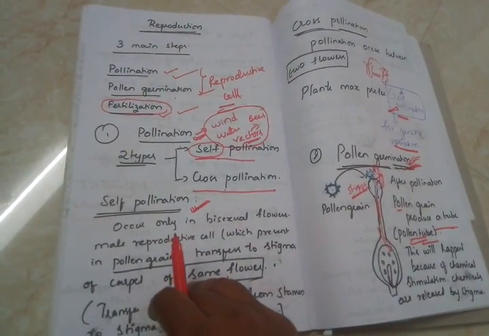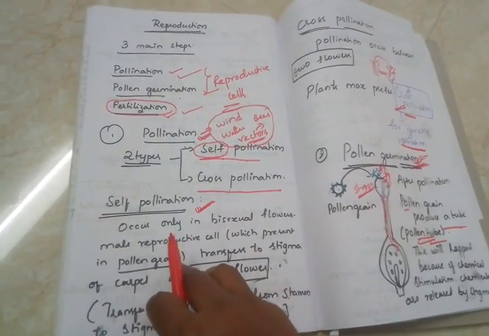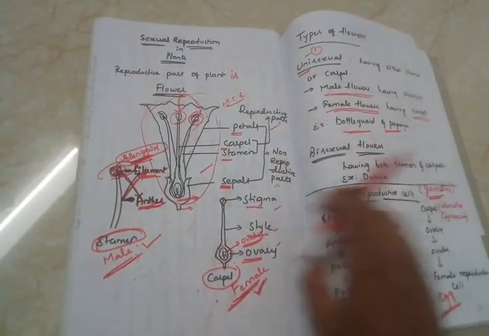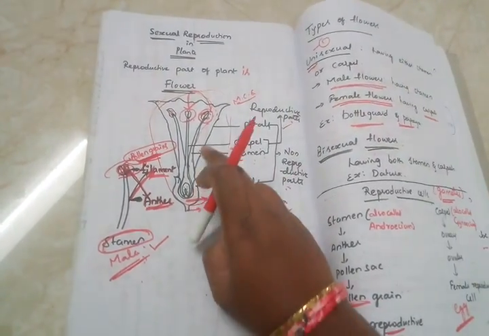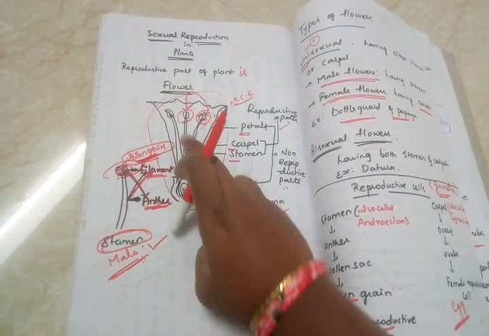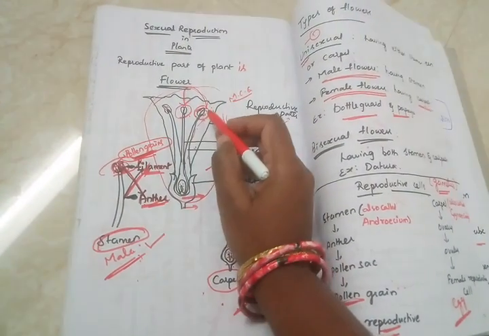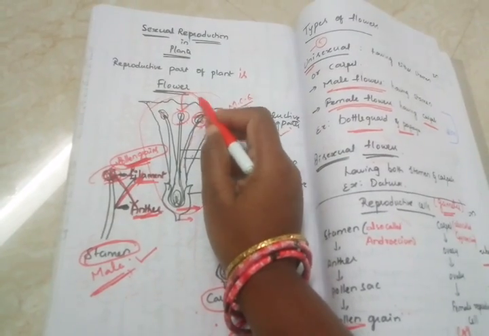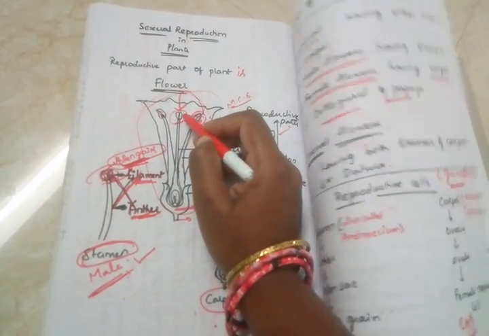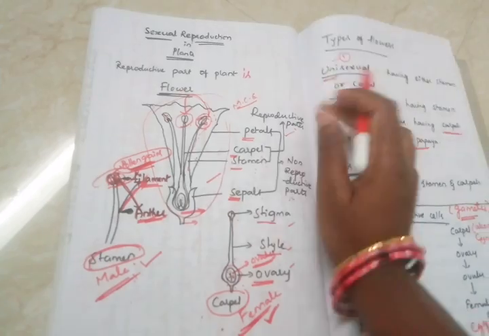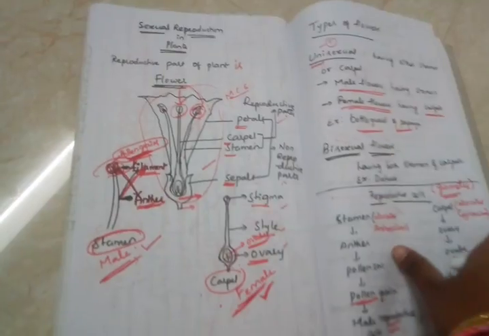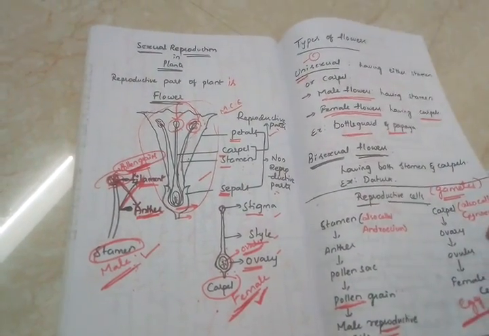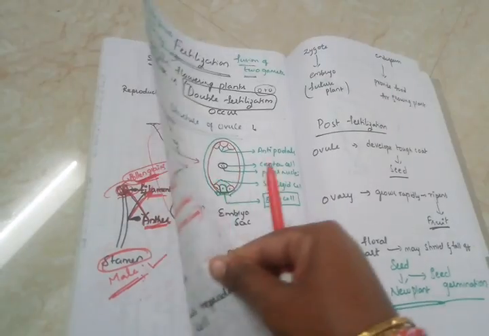In the previous videos we already discussed the parts of the flower, and once again we will see that. Here are the parts of the flower: the stamen, style, stigma. The pollen grains are present in the stamen and are transferred with the help of wind, water, etc. to the top of the stigma, which is called pollination. After pollination, the second step is pollen germination.